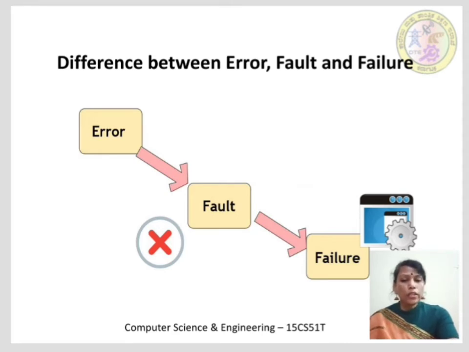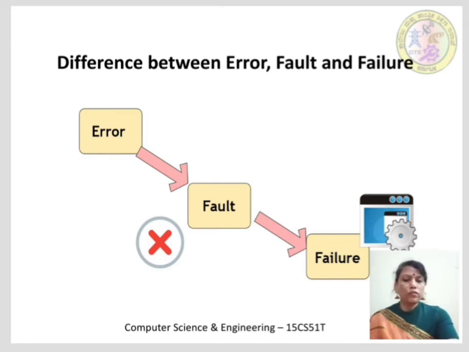Whereas failure is the inability of the program to perform its required activity. As a result, the product is not able to do the activity according to its specification. Therefore, failure refers to a behavioral deviation from the user requirement or the product specification. It is a deviation of the delivered service from compliance with the specification.